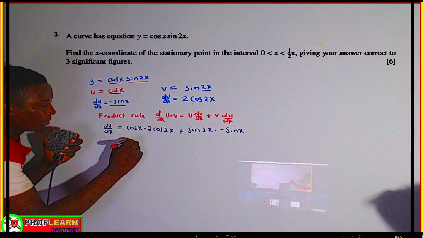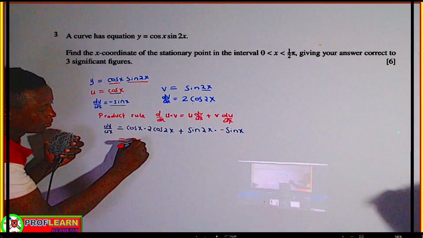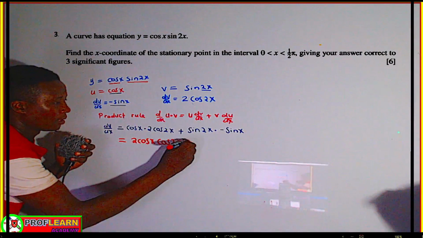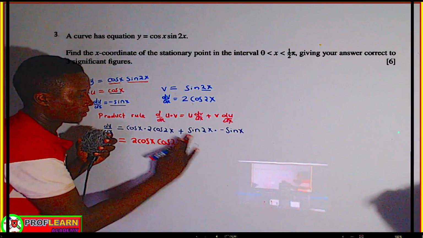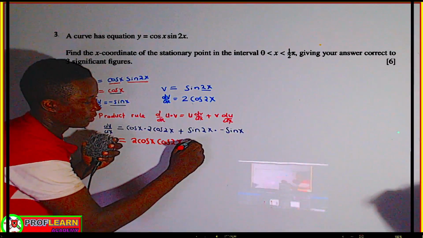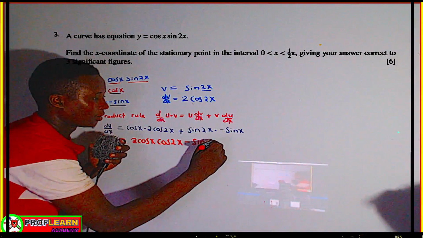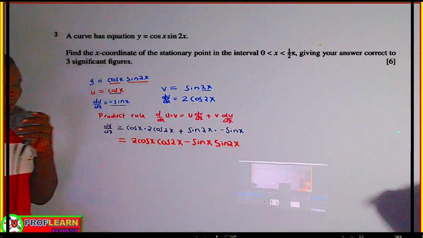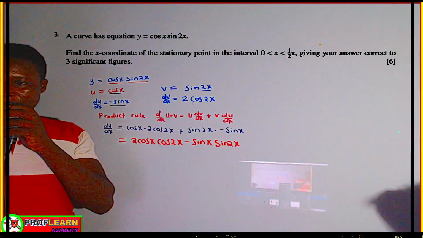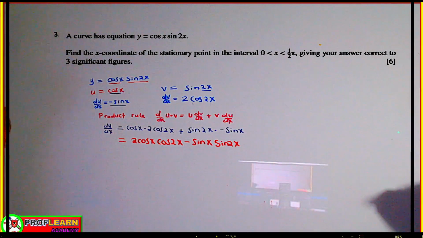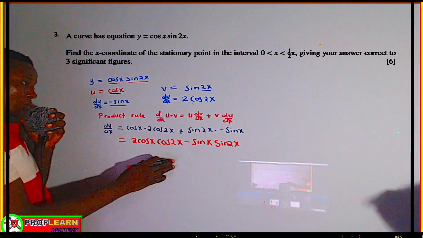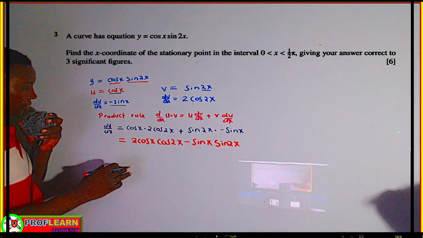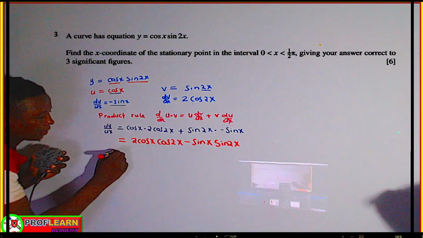So this is going to be 2 cos x cos 2x, and then minus, we are going to subtract sin x sin 2x. So, finding the stationary point, at this point we cannot work anything out here without, okay, we can now say